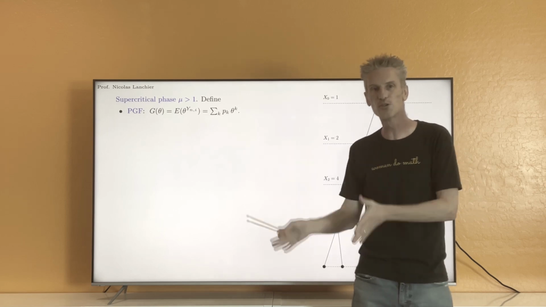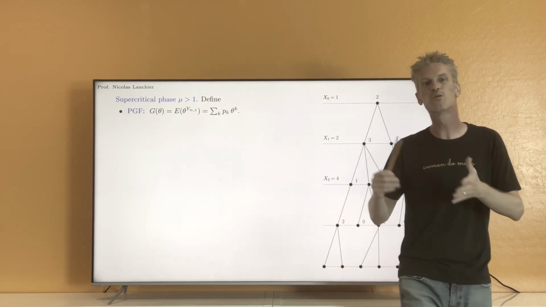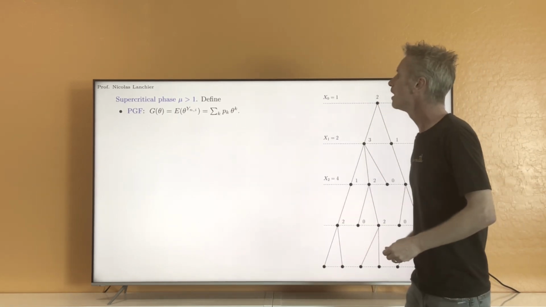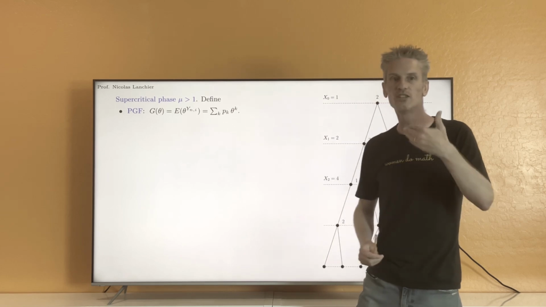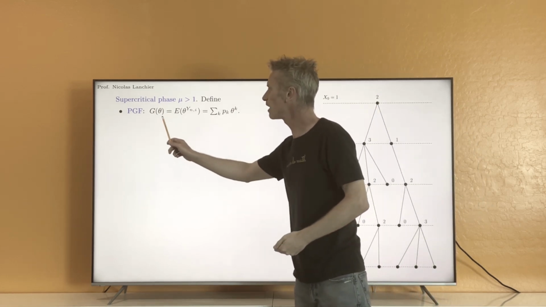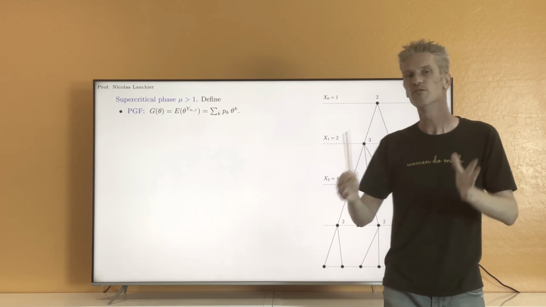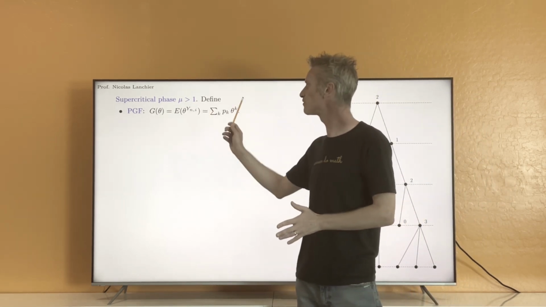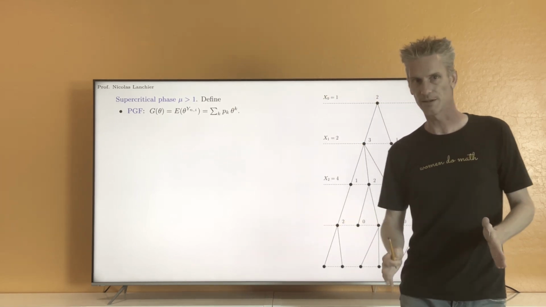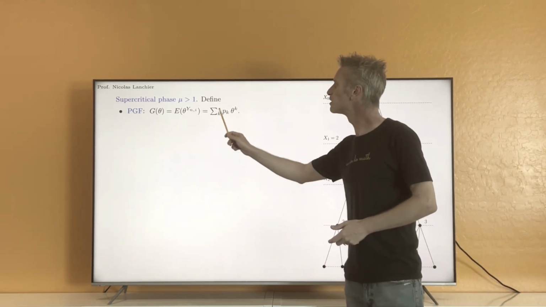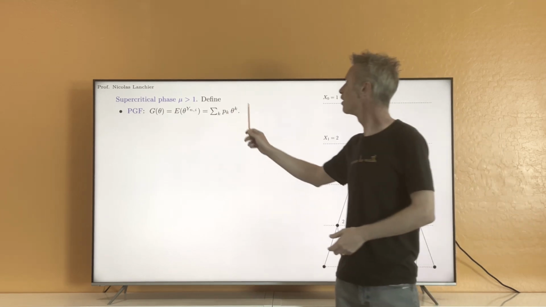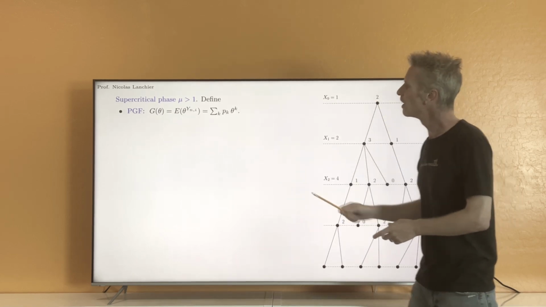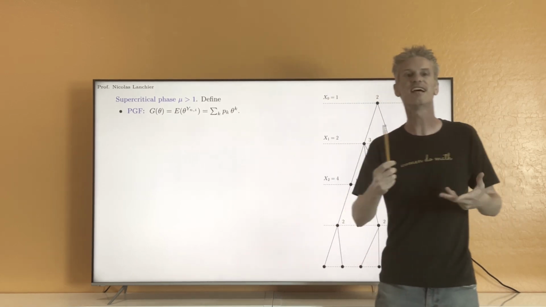So I need to say a few words about power series, a few properties about power series that we are going to use after. So after, we are only going to look at this function when theta is between 0 and 1. This parameter theta is going to be interpreted as a probability. So we want to understand this function in the interval 0, 1. Notice that clearly, because the p_k's are non-negative, this function is going to be increasing, or non-decreasing at least. So the maximum value is at theta equals 1.